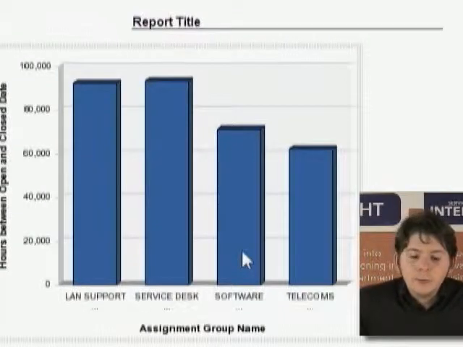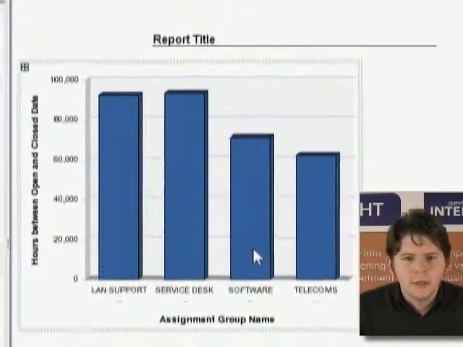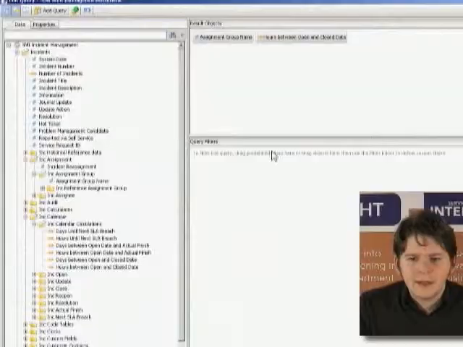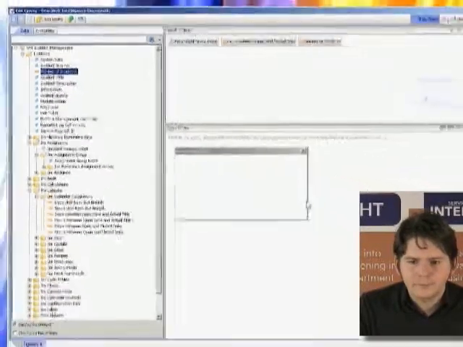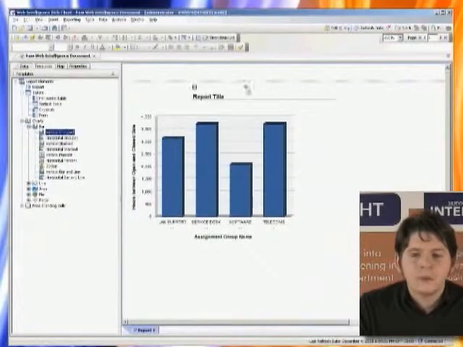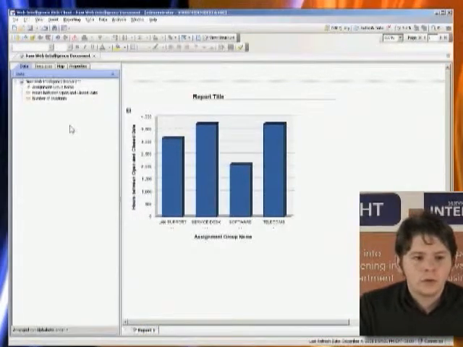However, this information would be fine if we knew for certain that each group was dealing with exactly the same number of calls in any given period, and chances are they're actually not. So what we actually want to look at is an average call duration. So to do that, we need to hit Edit Query and bring in the number of incidents object. And what that will allow us to do is to create a new variable which will show us the average